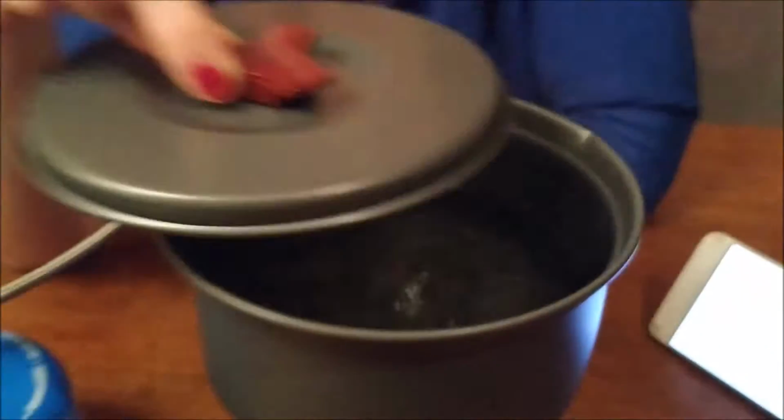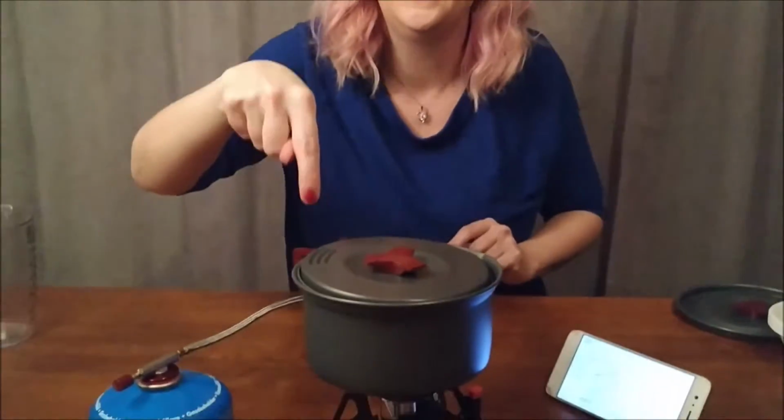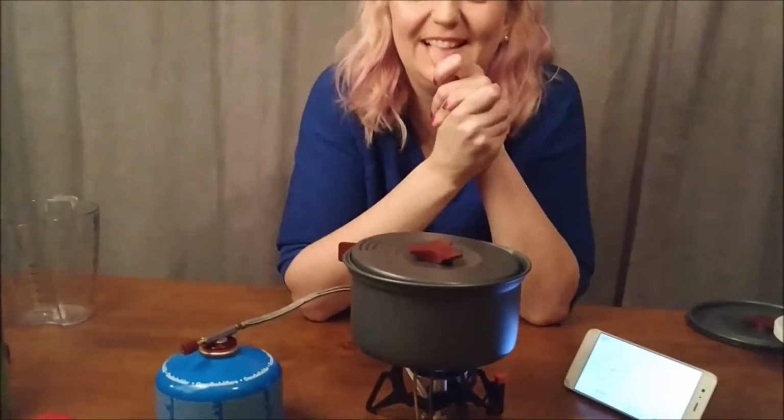Ooh, it's boiling. The steam from the lid. Don't do this at home, indoor, or don't be stupid enough to...